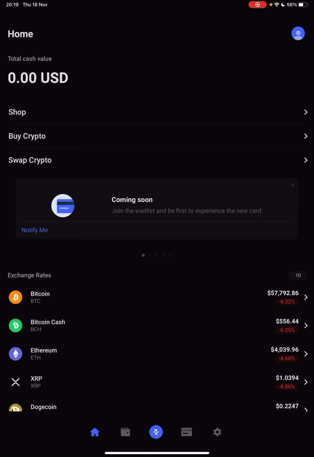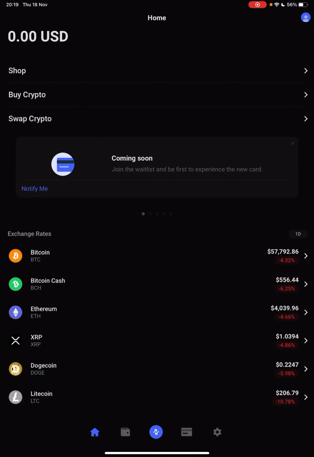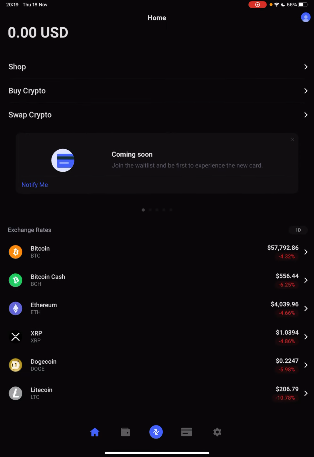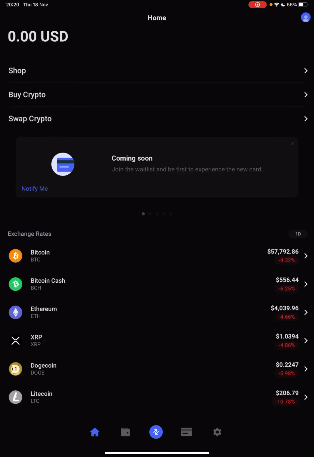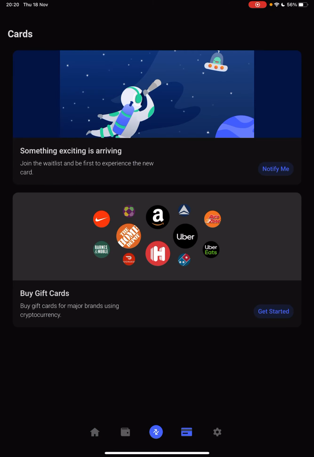card. Or if you don't receive this notification, you should go to the card section right near the middle button, and here on the top of the list is going to be the something exciting is arriving. Join the waitlist and be first to experience the new card. And by tapping on it,